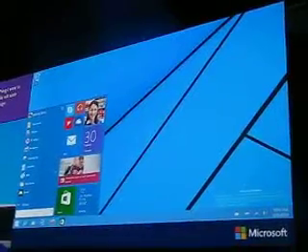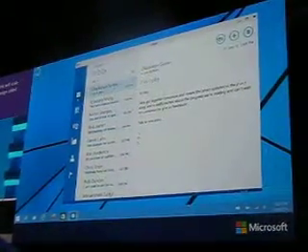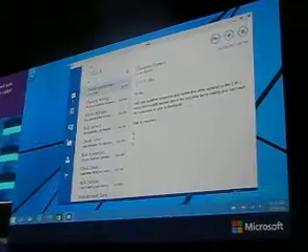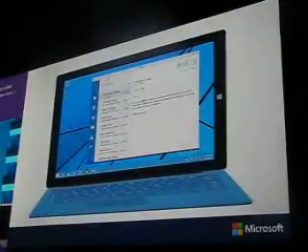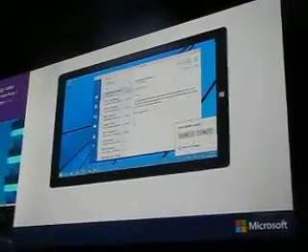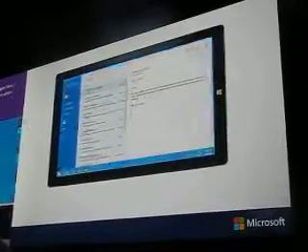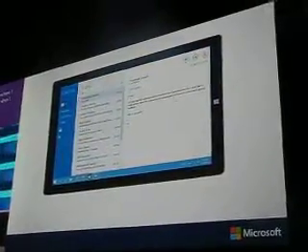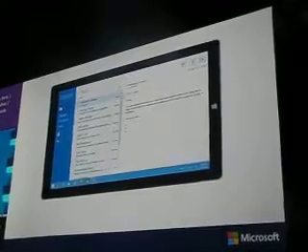PC mode, so the keyboard and mouse are present. And it works the way I've shown you in the demo. I get a start menu, I get windows when I launch them, but the key is when I remove the mouse and keyboard, and now my device is in tablet mode, you can confirm as a user that you want to use it in tablet mode, and now a few simple things change.